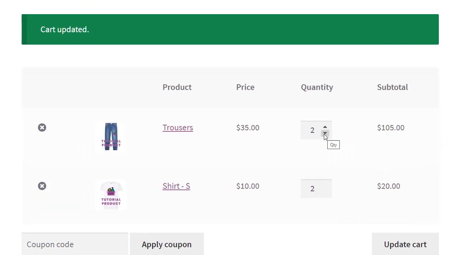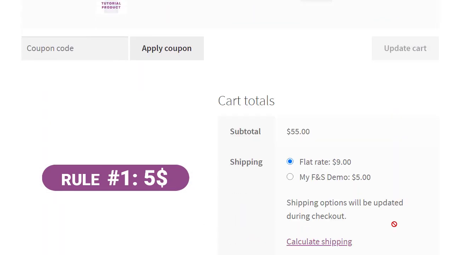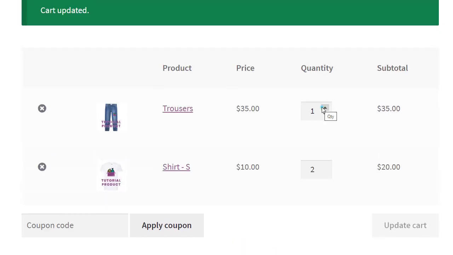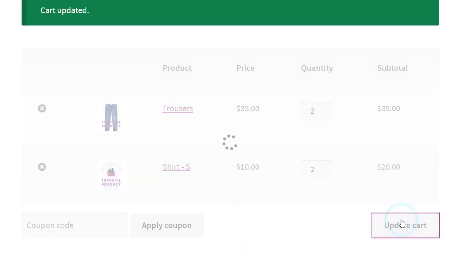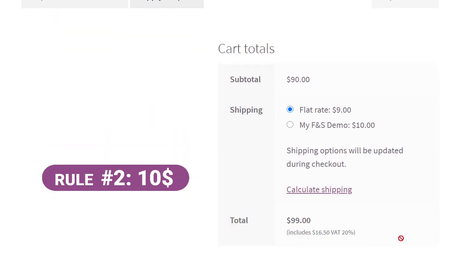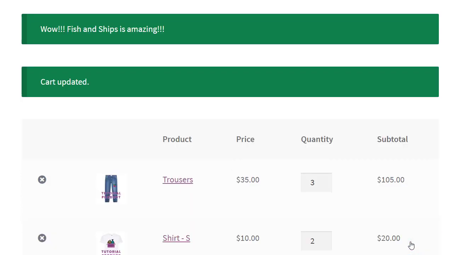Now, when we have only one pants, we have the $5 of the first rule. We add a second pants, and we have the $10 of the second rule. With the third pants, the cart exceeds the volume, and the special action will be triggered.